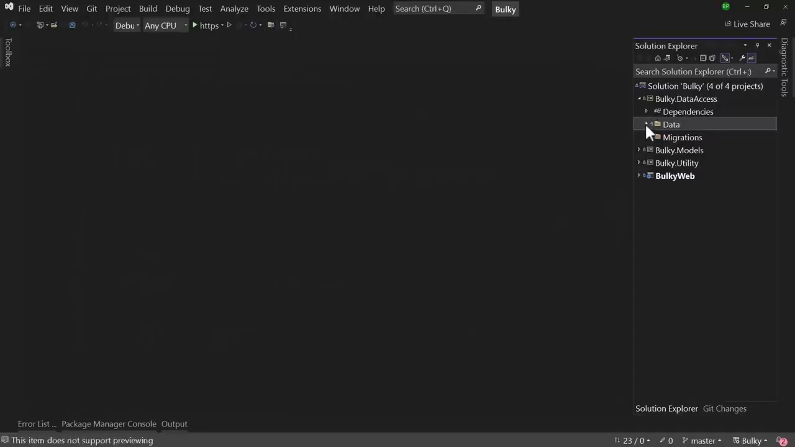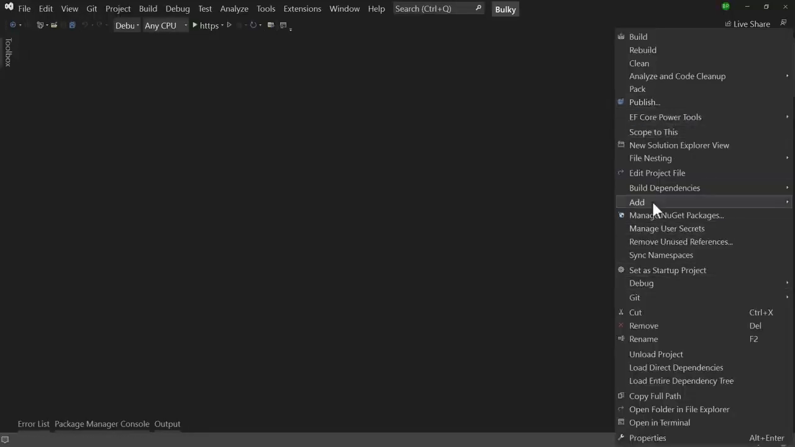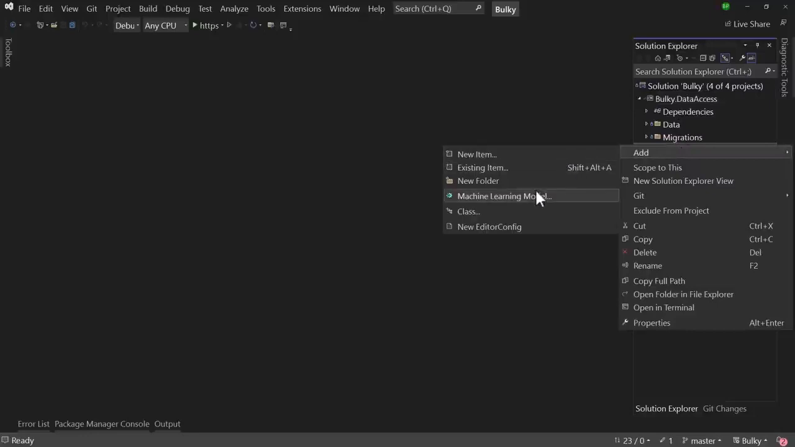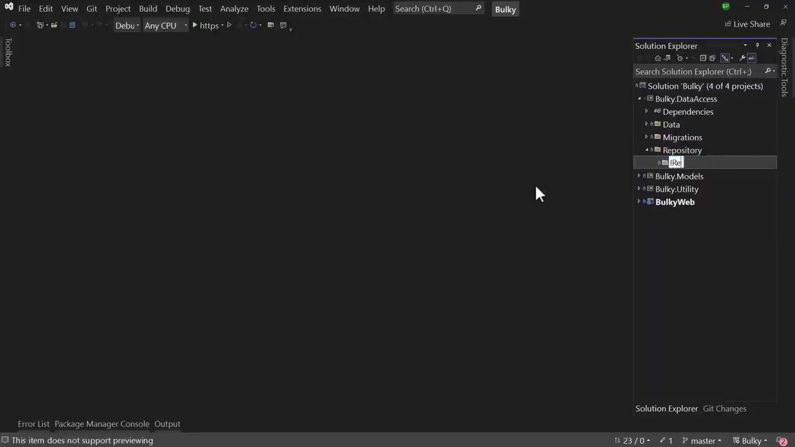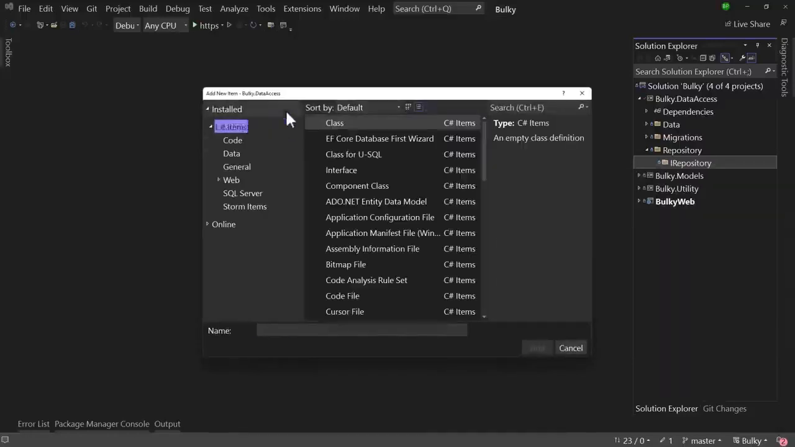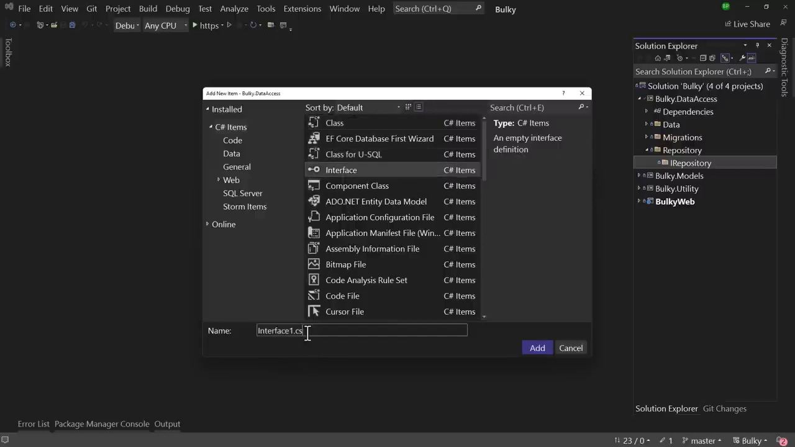Let me close everything. Inside the data project, we have the data access. There we will be creating a new folder that will hold all the repositories. We will have a repository folder, and in that folder, we will have the interface for that, which is IRepository. The repository interface that we will be creating will be a generic interface. So we will create an interface here, and I will call that